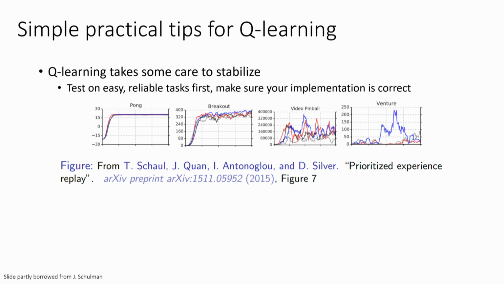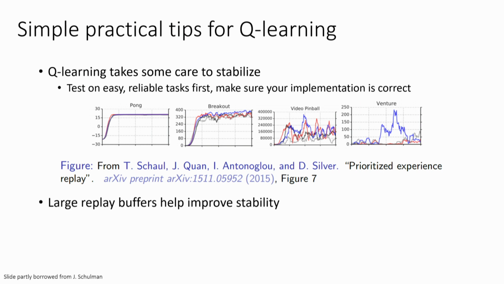It also can take a while for it to learn. These are learning curves from actual Atari games, from this paper called Prioritized Experience Replay. You can see that on some games, like Pong, which you will be testing on for homework 3, it just goes up and it's pretty happy. On some other games, it does a bunch of crazy stuff until eventually it figures out what's going on, has some epiphany, and then it starts getting better. So be patient, don't be concerned or alarmed if at first things don't seem to be improving. Unlike supervised learning, where in the first few iterations you'll get massive improvement on your loss, in Q-learning you'll often not get massive improvement on your reward until some time into this process, because you have to explore, you have to find the right transitions, and after that the Q function has to actually figure out what's going on in those transitions. So it can take a while.